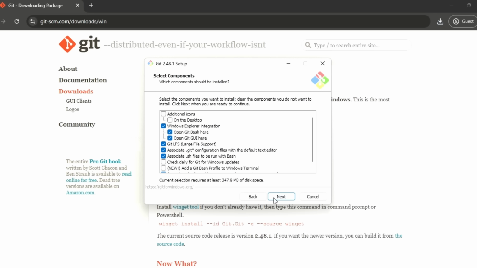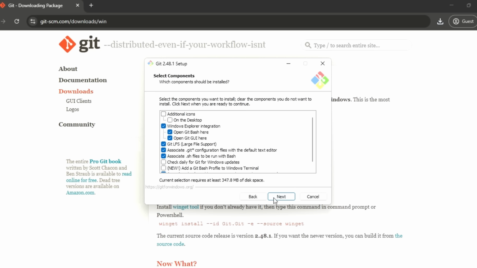By default, Git integrates with the Windows Explorer to let us run the Git command line or the Git graphical interface in the current folder. This software bundle comes with an extension for improving the support of how large files, like audio or video files, get stored in the version control system. It's a good idea to keep this enabled. The installer will also register the Git configuration files as files that should be opened with a text editor and the .sh files as files that should be executed with bash. All of this makes sense, so we'll keep these options selected.